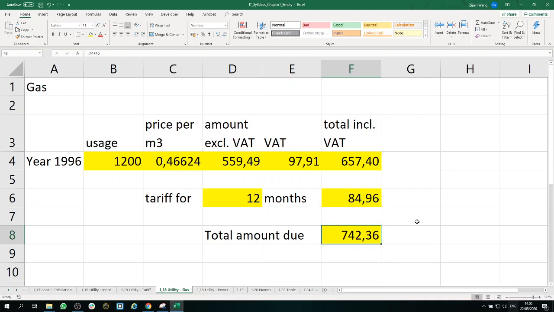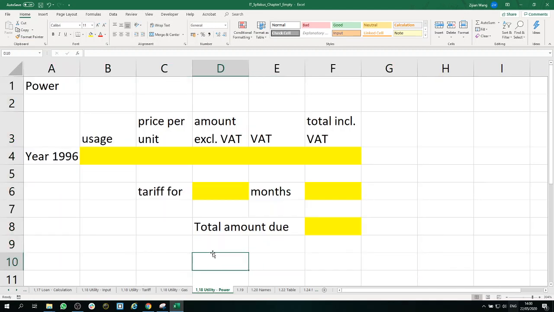This is an example for you, since this one is a little bit more complicated and refers to other sheets a lot. I will leave you with the exercise regarding power, which is very similar, has also the usage, price per unit, the amount without VAT, VAT, total include VAT. So everything is similar, but now the challenge is for you. Please complete this